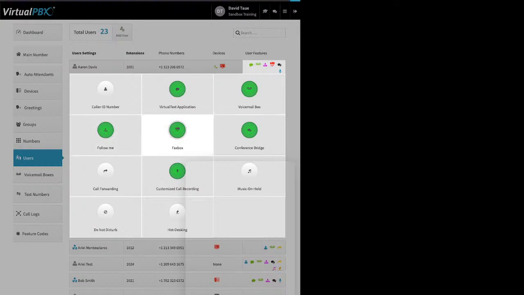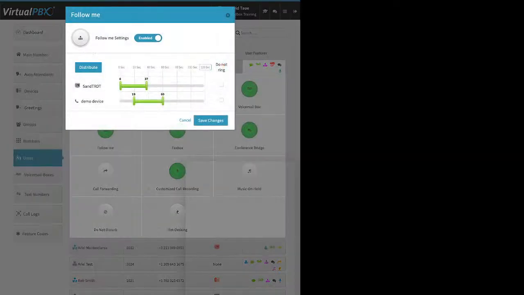Follow me. This is for users with multiple devices and allows you to decide the order of how they ring. Now, one thing to know: Aaron here has follow me. He's also in a ring group. A call from the group ignores the follow me settings, right? So basically he gets a call from the front desk group. Both of his devices here will ring at the same time. So that's one way to know, oh, that's a group call versus someone entering his extension number, in which case his soft phone here would ring first,